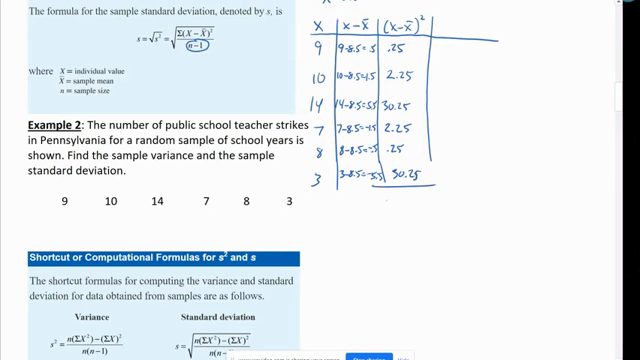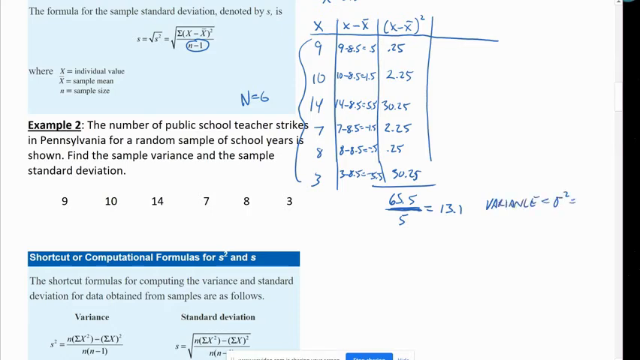When you add those up, you get 65.5. And now, even though there are 6 items, n equals 6, since this is a small sample that's representing a large population, we're going to divide by 5 instead of 6. And that gives us 13.1. So our variance